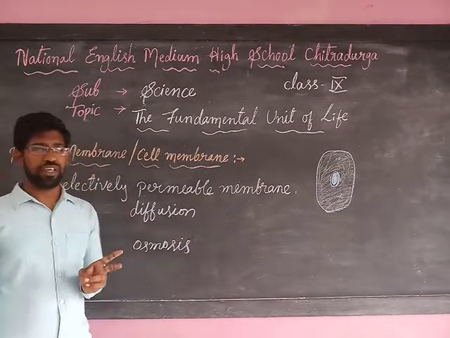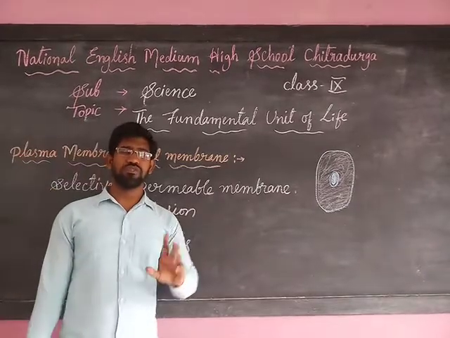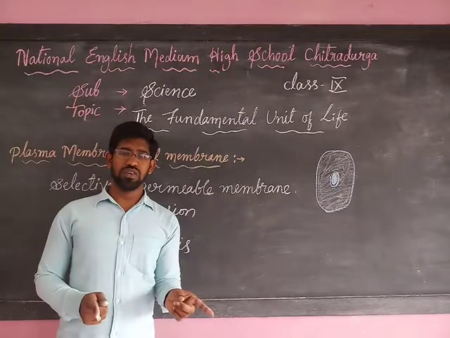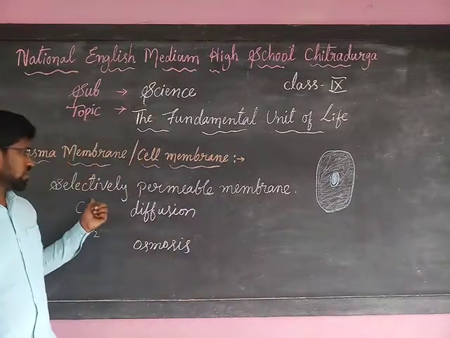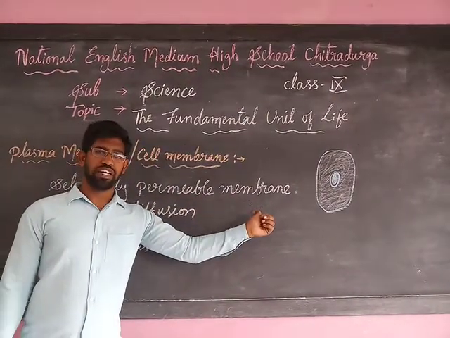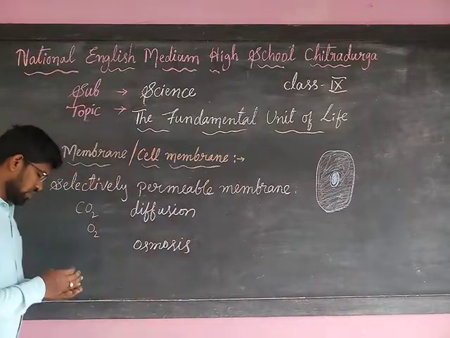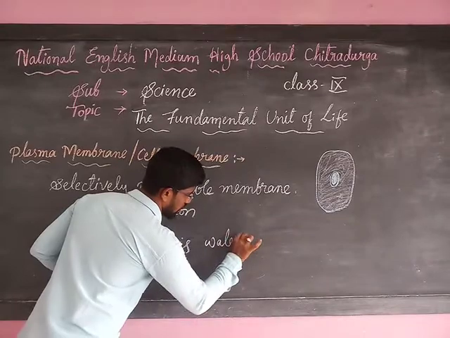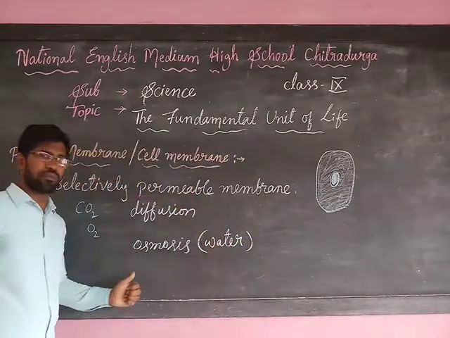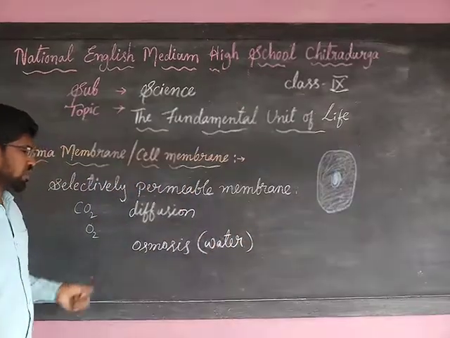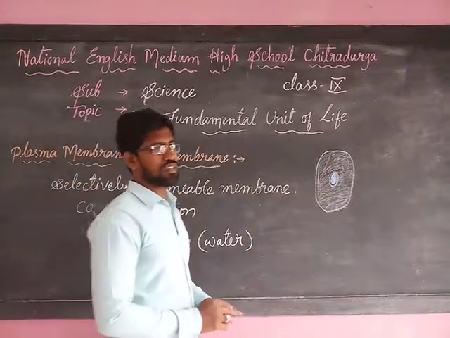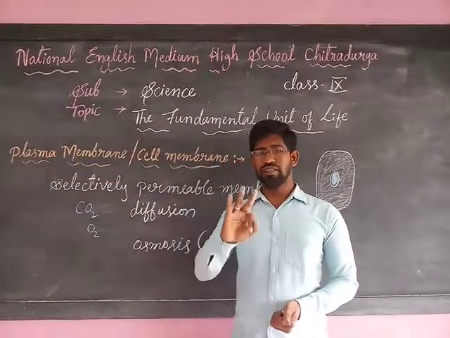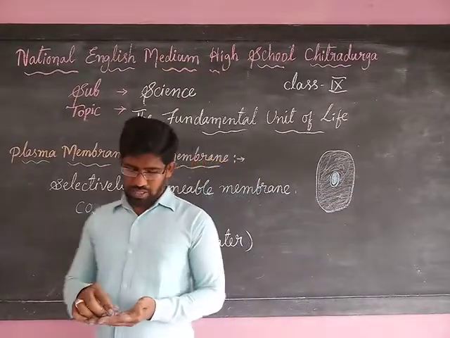Remember, once again I will repeat, osmosis is a process of movement of particles from its higher concentration region to its lower concentration region through a selectively permeable membrane. So that is called osmosis, which helps for the movement of water in and out of a cell body. Got it, all of you? So based on the concentration of water inside and outside the cell body, we have three different types of solutions. The first one is